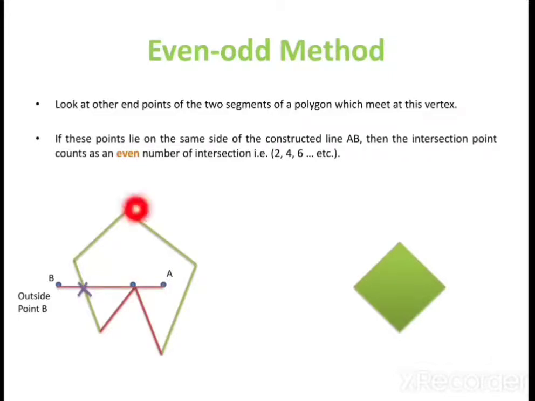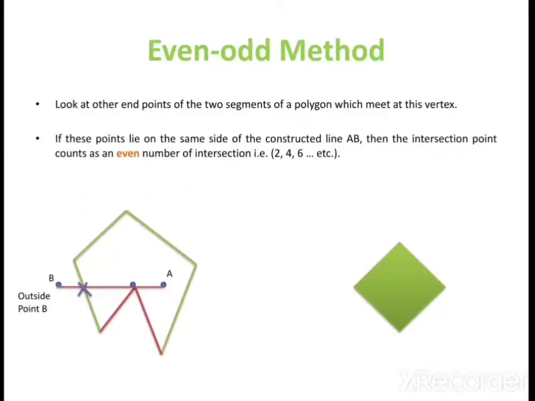I will check the line passing through this vertex. So, which are the different lines passing through this vertex, these two lines which changed their color, right. So these are the two lines. Then we'll check the end vertices of this point. So end vertices are this and this. So what I will check? I will check these two vertices, and if these two vertices are lying on one side of the line AB. So this is my line AB, right.